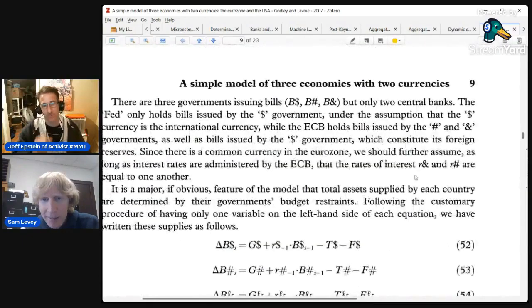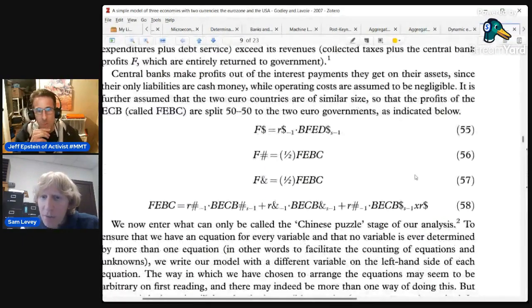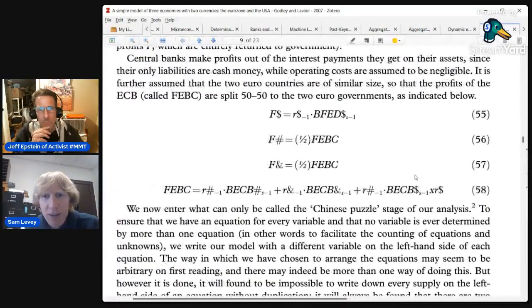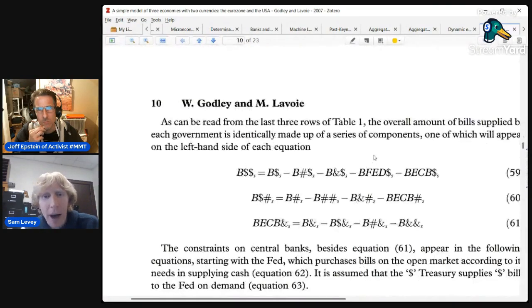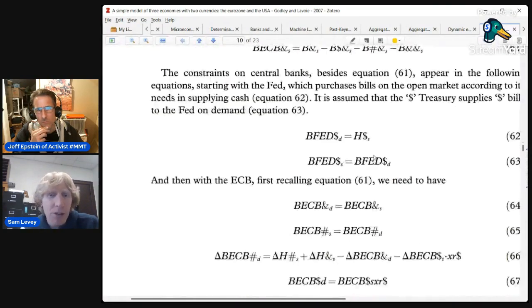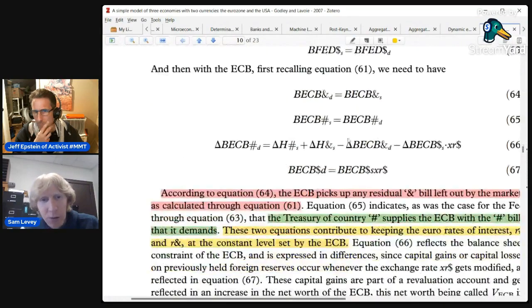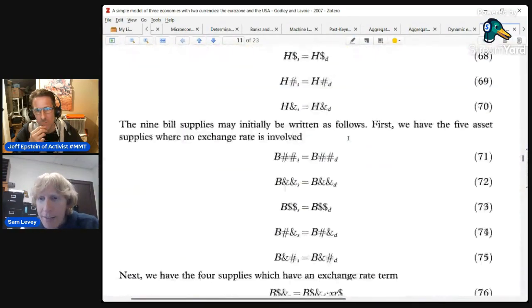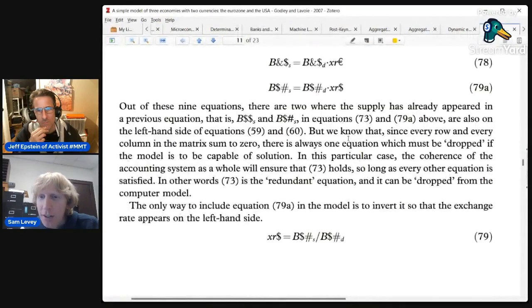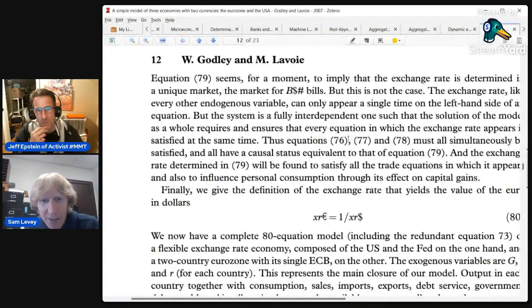The rest of it, there is some standard stuff here, but then also some stuff they do specifically for the model. Like right here, they're looking at how we split up the central bank's profits, or how we decide how many bills the government is going to issue. Things like that. So I would say that got you a good chunk of the way. You might be able to figure out most of the rest of it yourself.